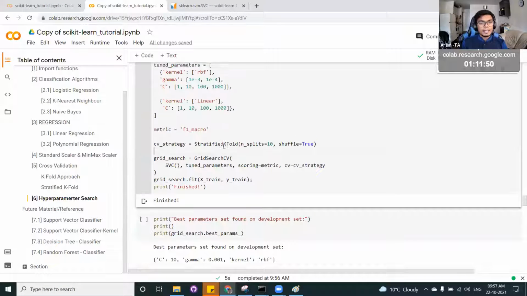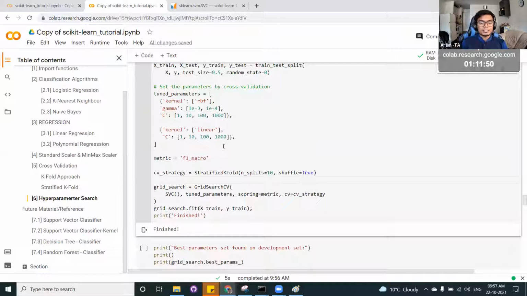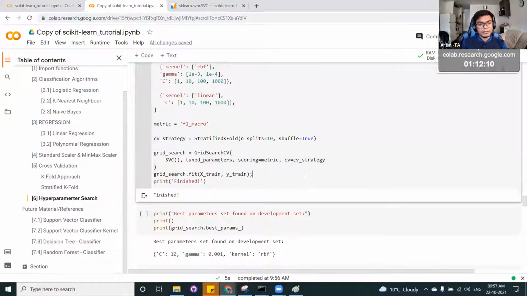So it is a kind of time-consuming process, because if your data set is really big, then trying to run each and every permutation and combination would be really hard. And we have mentioned a stratified k-fold so that the splits would be good. We have seen this in the previous session, and the number of splits would be 10. Here we are using 10 k-folds, and we are going to estimate which is performing well.